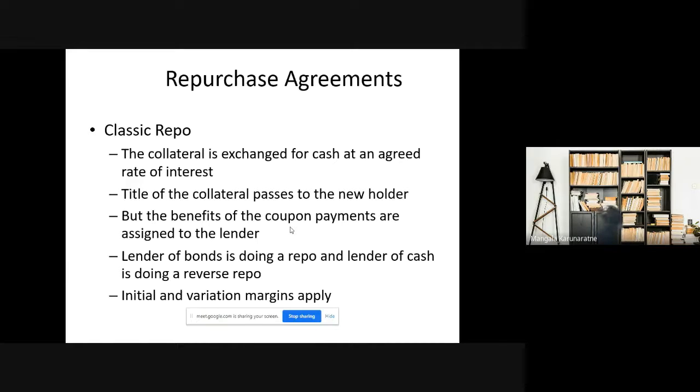So if the market rates go up, what will happen? The security value will drop, no? The value of the security drops. So then that value will not cover the cash lender's